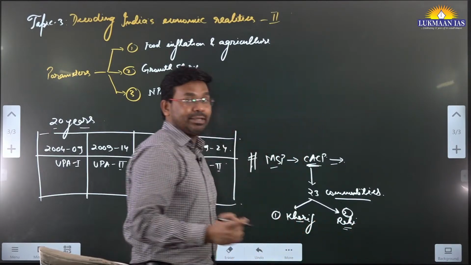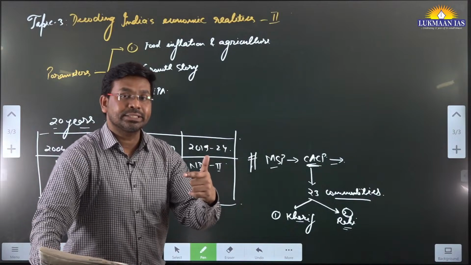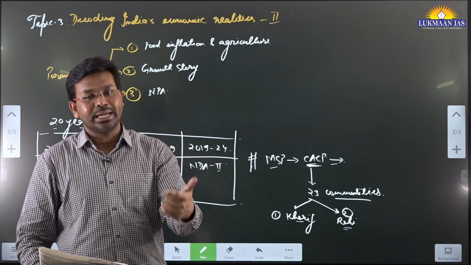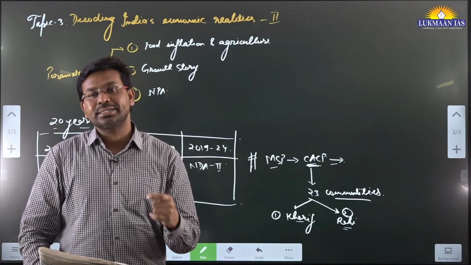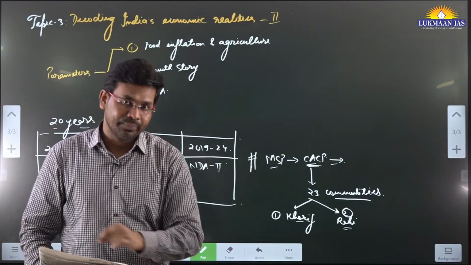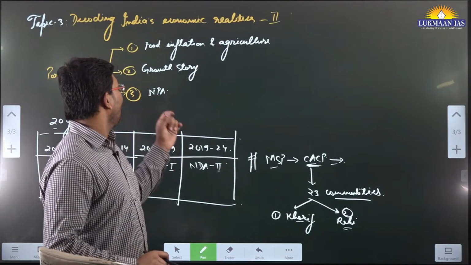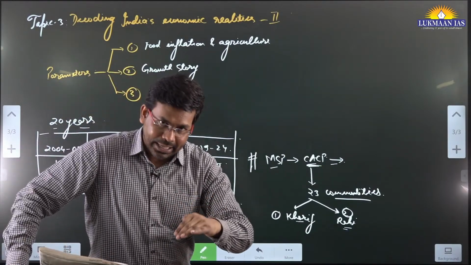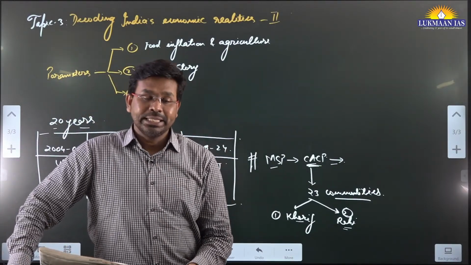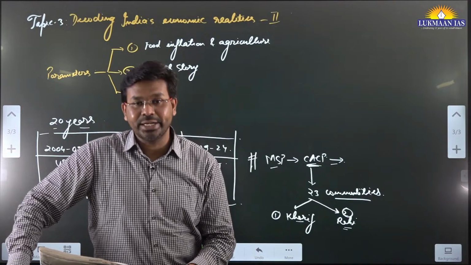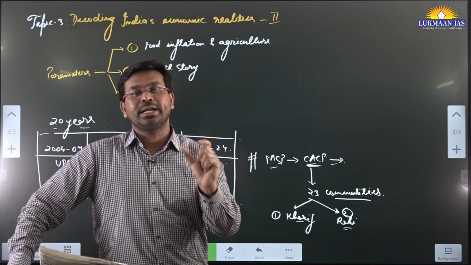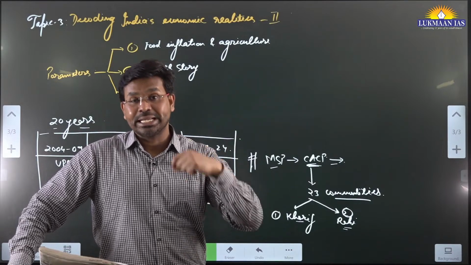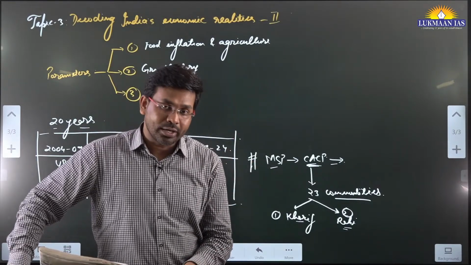So the thing is, if you talk about whether the agriculture sector has grown in the last 10 years or the last 20 years, it has not grown well. It has not grown much. Food inflation has been continuously rising. There have been headline inflation news items, for example, tomato and potato, whose rates have gone up enormously.